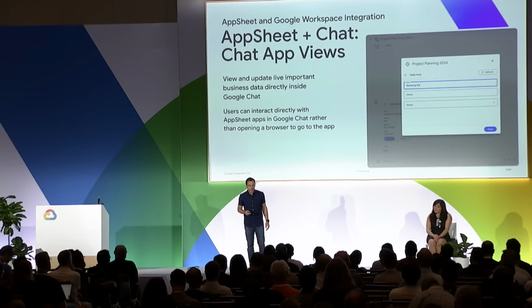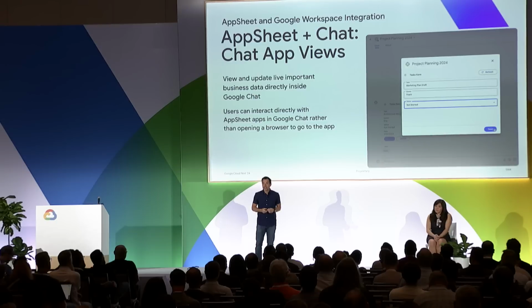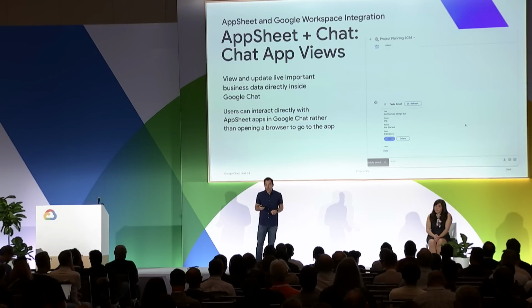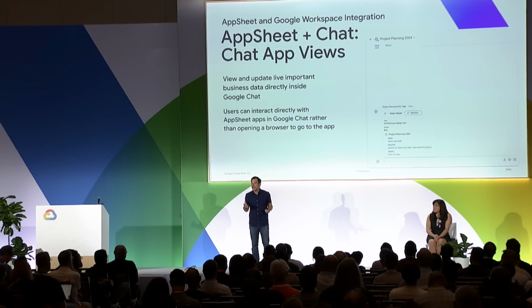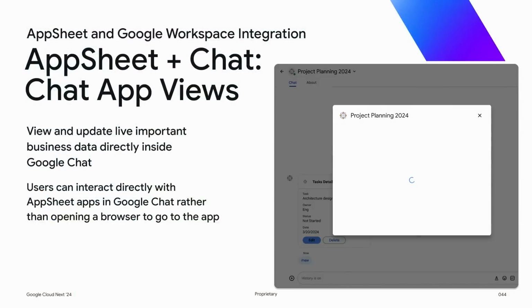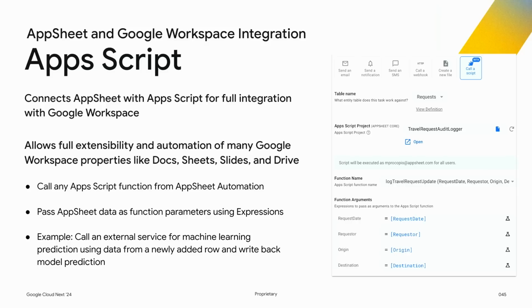The user can take action directly in there, including, again, an approval workflow or editing data live in the moment with where they're at. Now, creating chat apps can require some configuration inside GCP, but AppSheet also allows users to deploy any chat app with just a few clicks in less than 5 minutes. So we also handle the deployment of your existing or a new AppSheet app directly as a Google Chat app using that feature in the app editor.